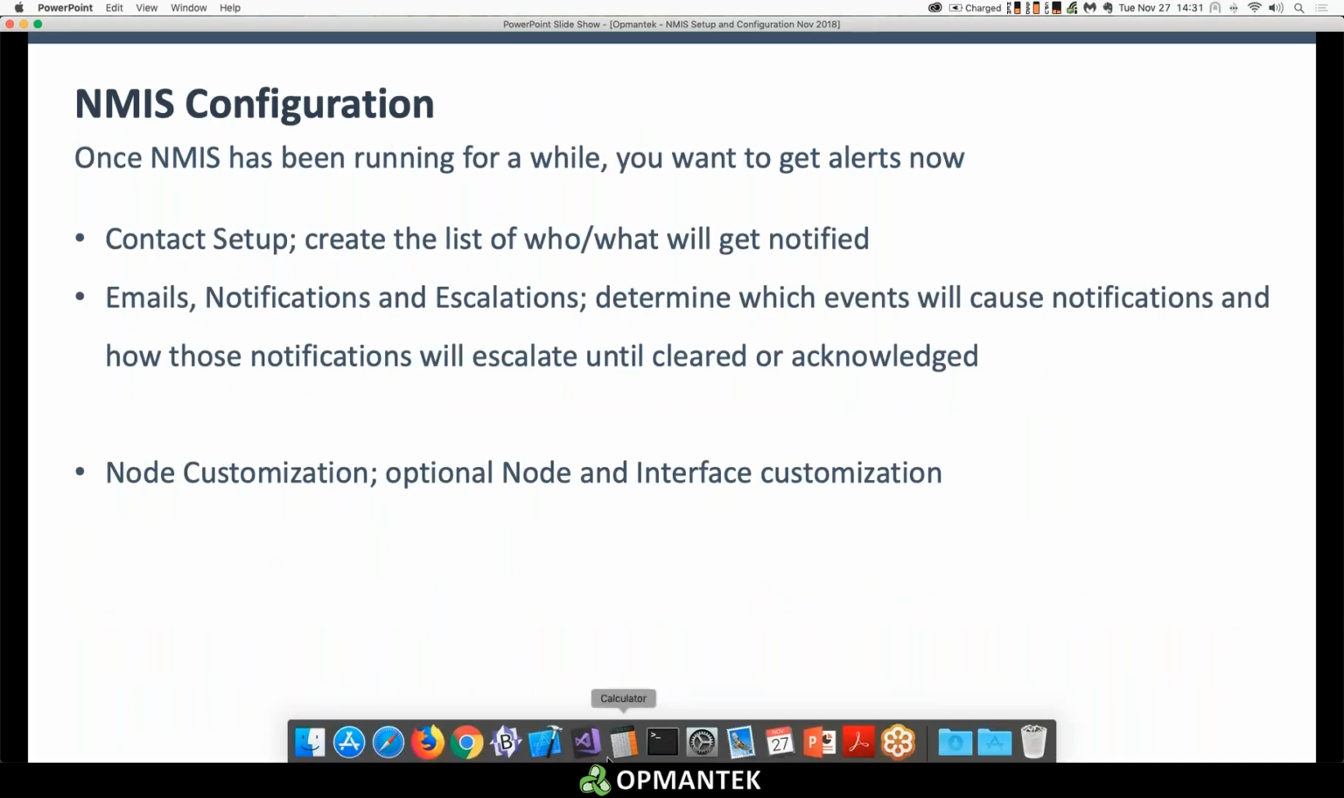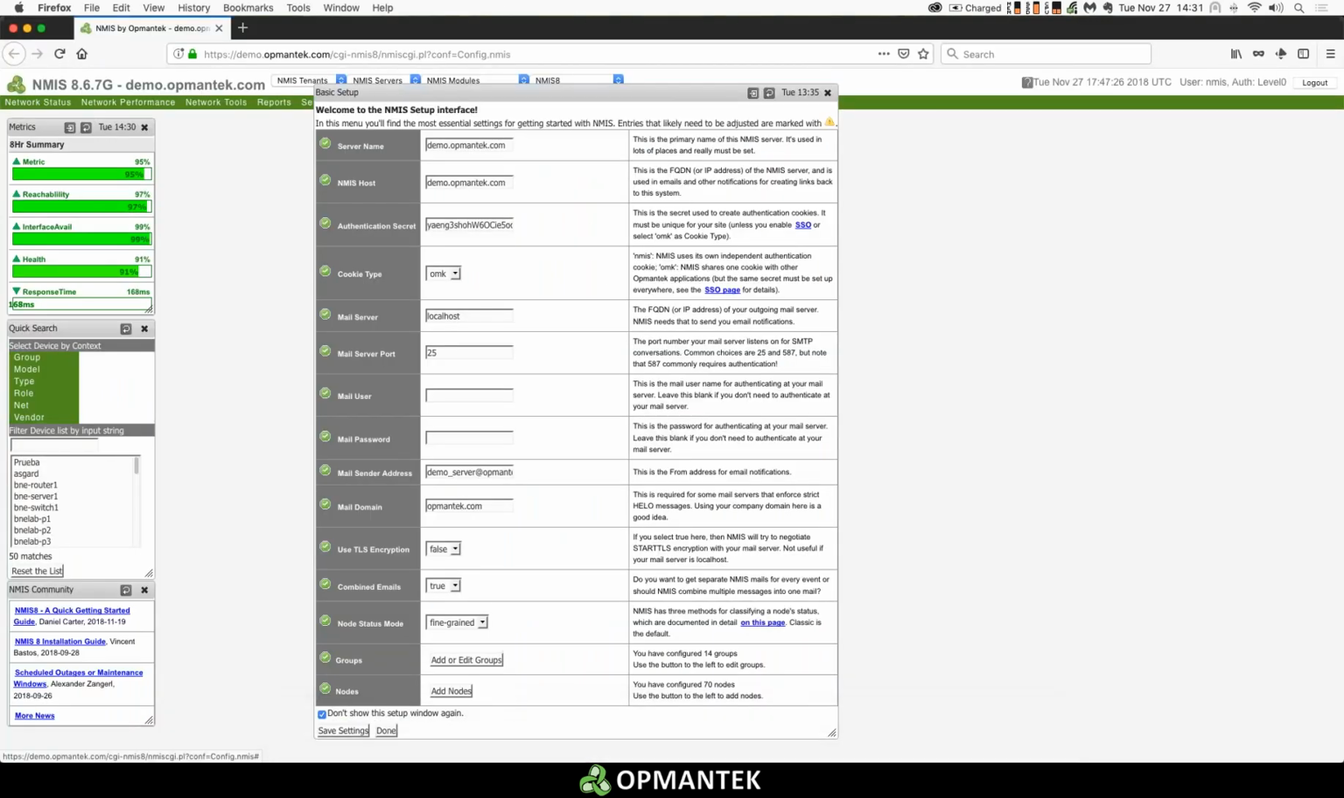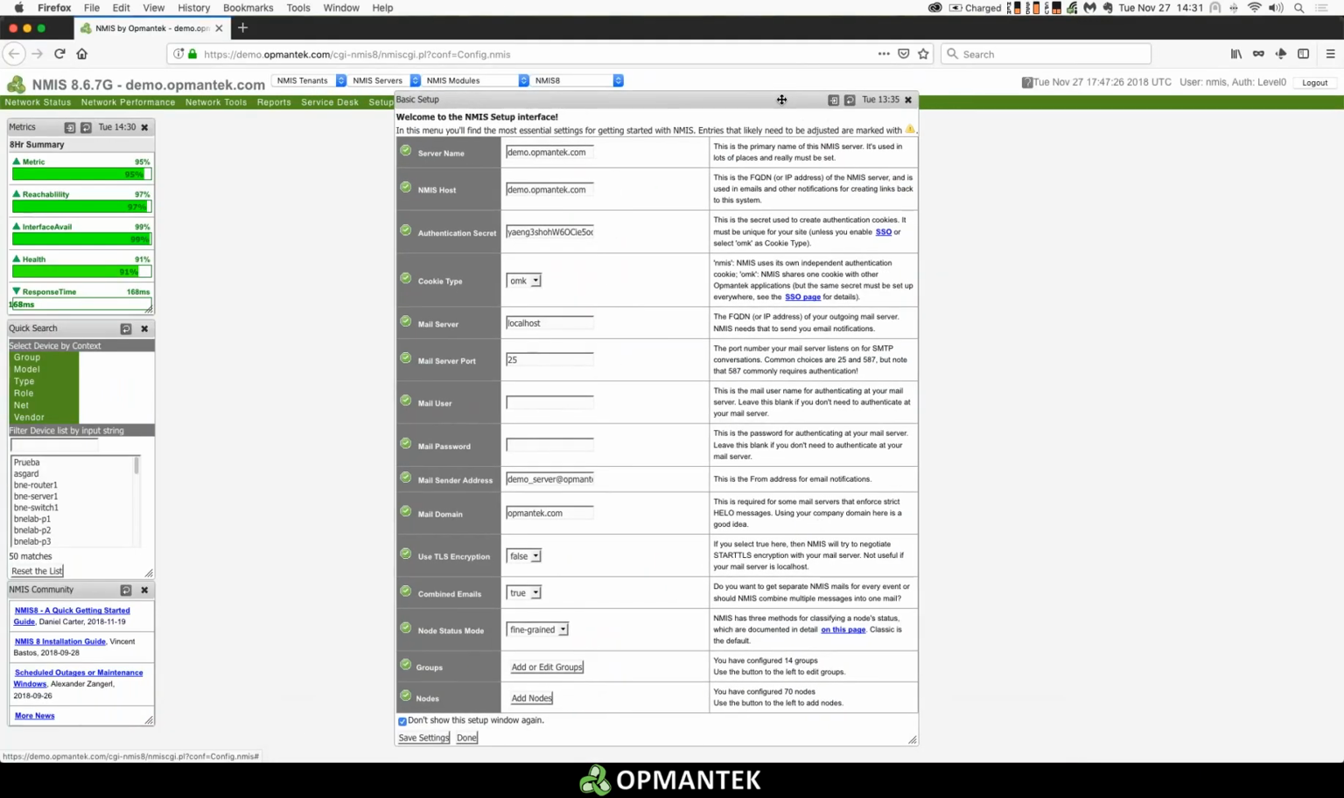So what are the next steps? What are the other things that need to be done in NMIS after you've added some devices? So think of it now. You've got NMIS up and running. You've added a couple of groups. Maybe you've added 3, 5, 10 devices to the system, one at a time, and you've gotten it working. So the next steps